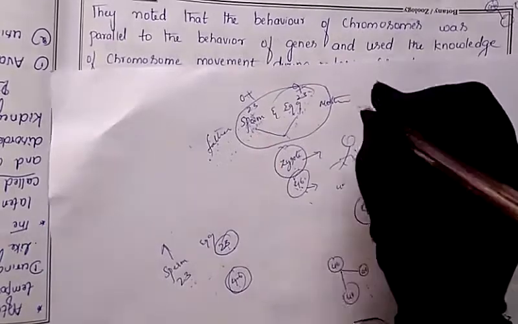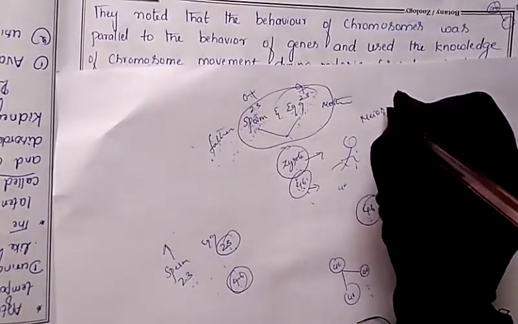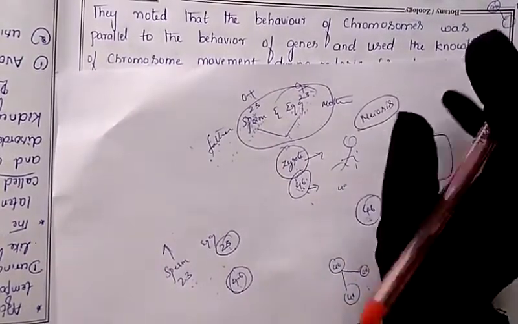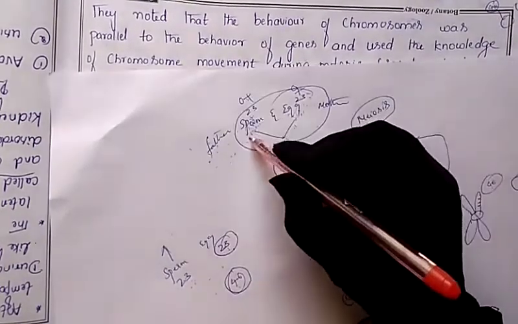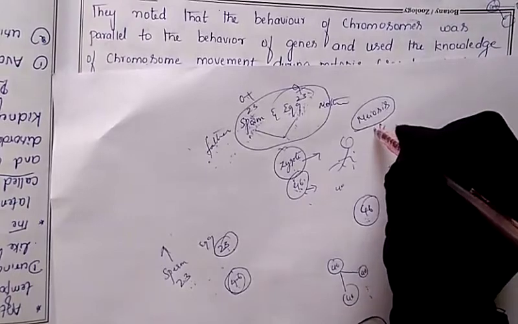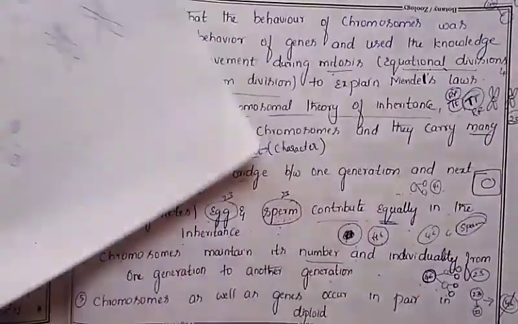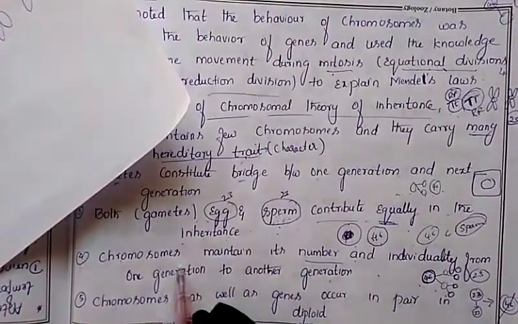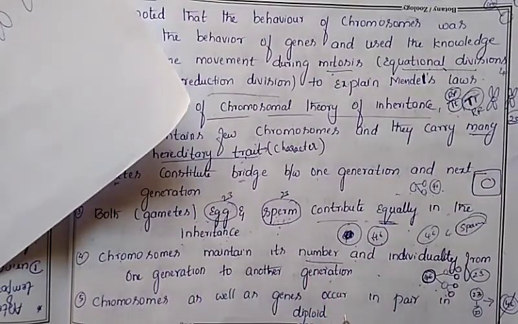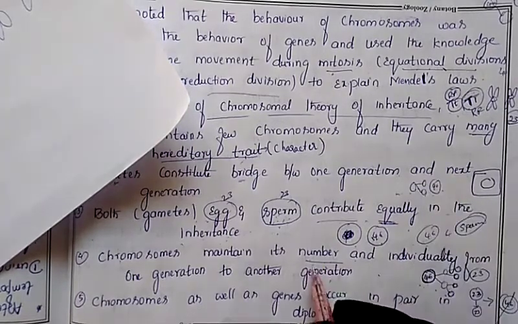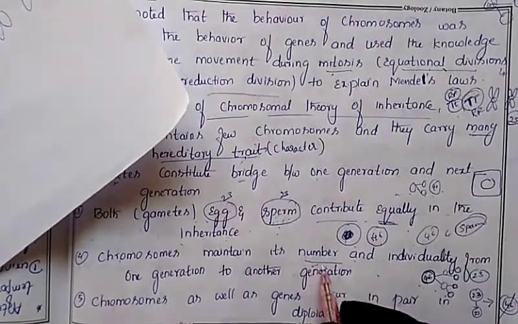During this process only meiosis cell division will take place. In the remaining cases, meiosis cell division will not take place. Meiosis cell division takes place only for the formation of sperm and egg, and due to this the chromosome number is maintained in every generation, because due to meiosis the set of chromosomes is reduced to half. So that's why through meiosis this maintenance is taking place.